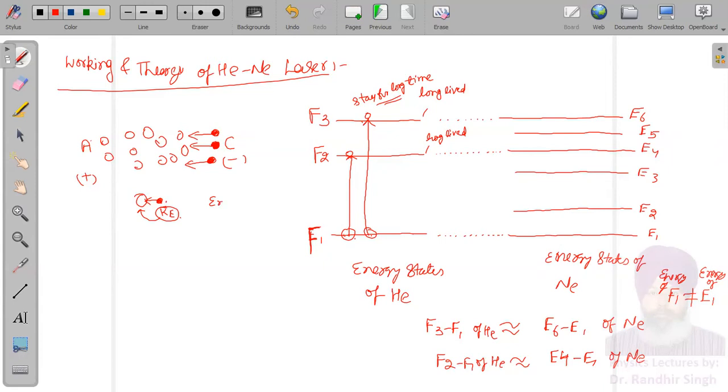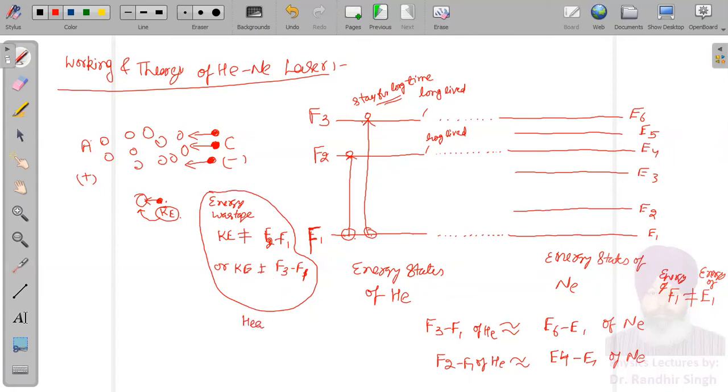Energy wastage will take place whenever a collision happens when the kinetic energy of the electron is not equal to either the energy of F2 minus F1, or the energy difference between F3 minus F1. Such collisions will just lead to the wastage of energy, and